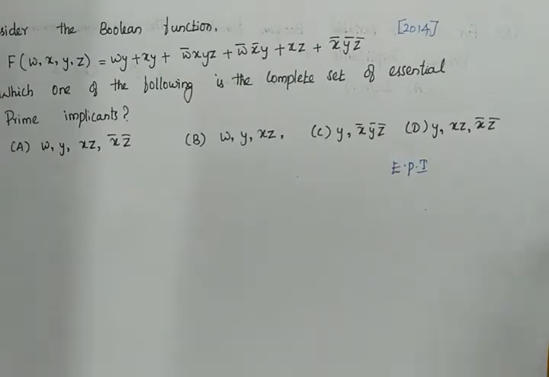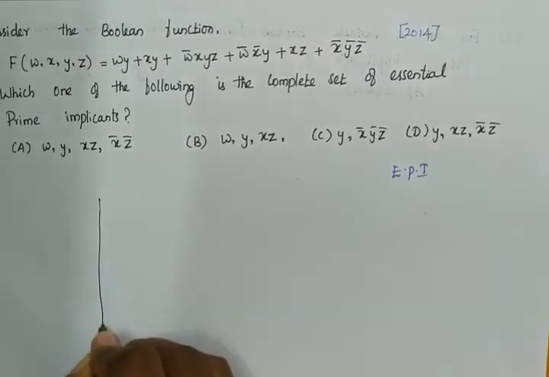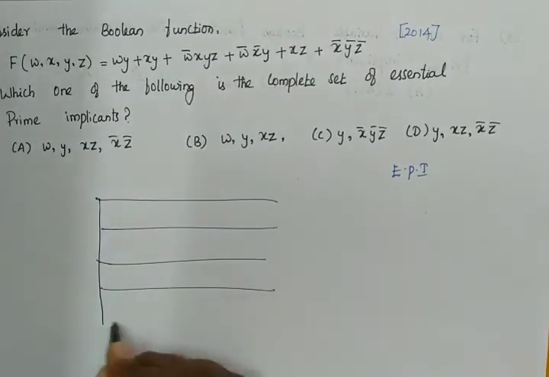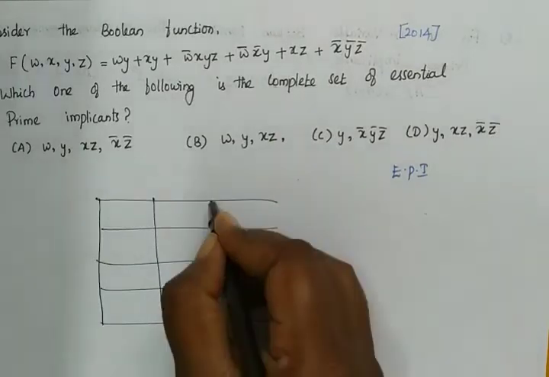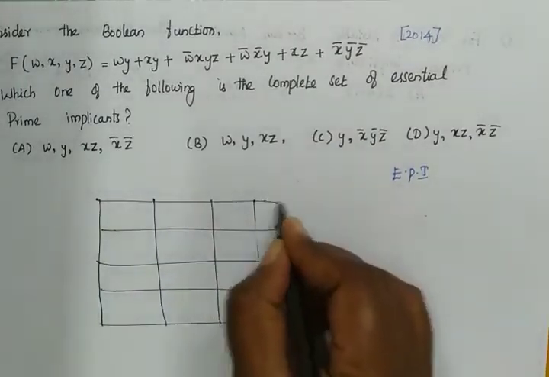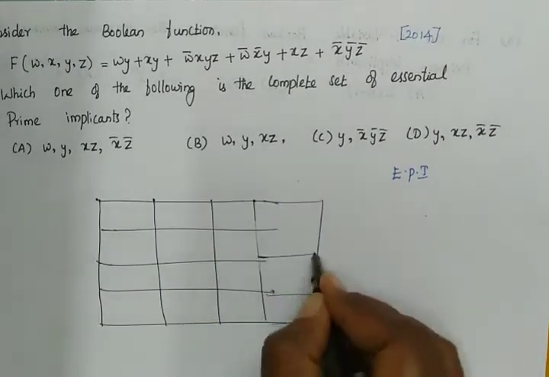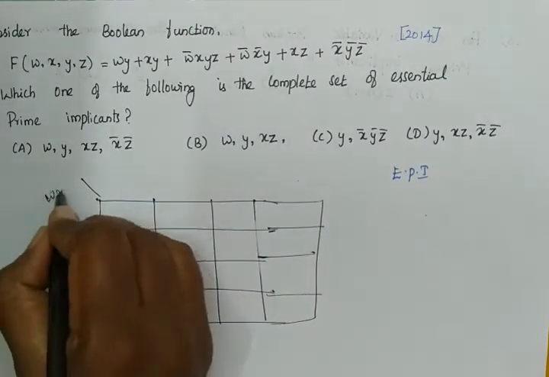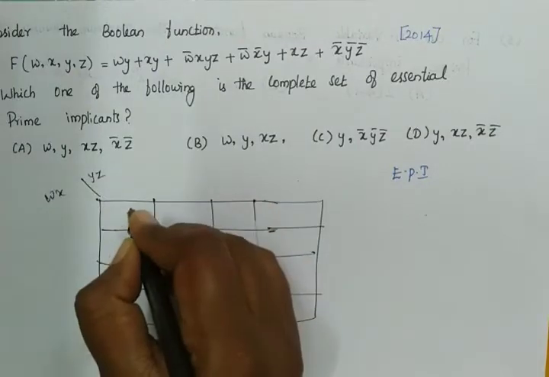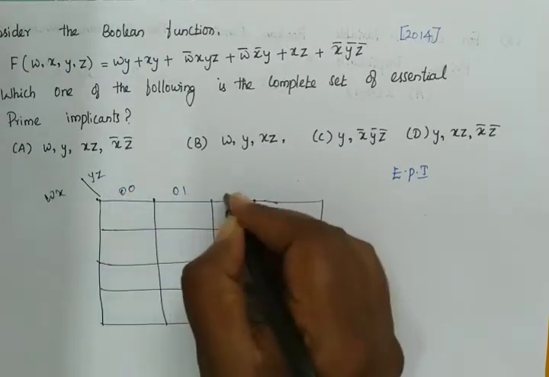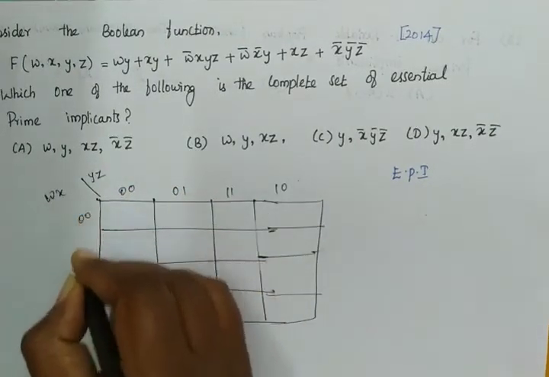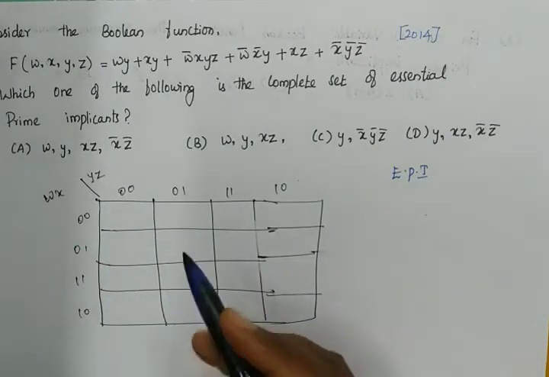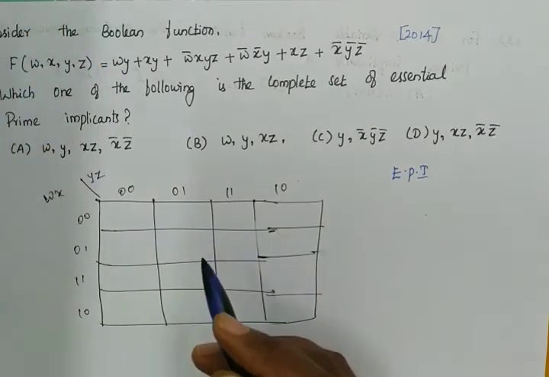Let us do this K-map here. We have 4 variables, so let us take a 4 variable K-map. And here we have wx, yz. And we know how to write this: 0, 0, 0, 1, 1, 1, 1, 0 for both. And now, what is the term present here? So we have to,